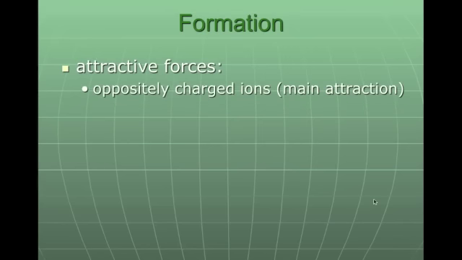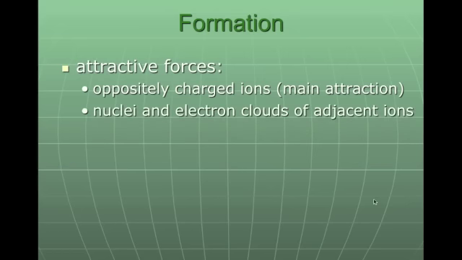So what is it that allows an ionic compound, an ionic bond, to form? Well, we got some attractive forces. The main attractive force is between oppositely charged ions. So you have the cation is very attracted to the anion. And then you do still have some of that